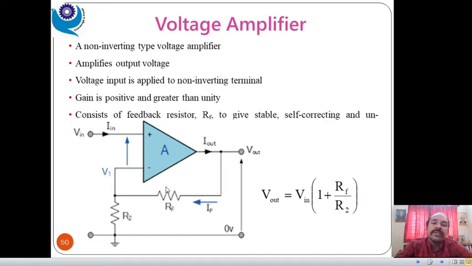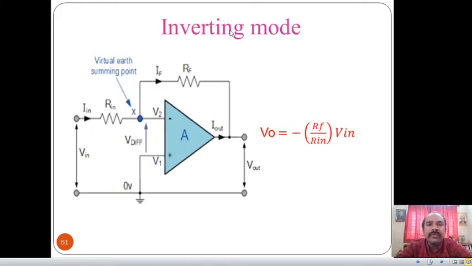In this pattern we can amplify the signal, and the op-amp can also be used in inverting mode. In non-inverting mode, whatever input signal we give, the output amplified signal and the input are both in phase. That's what is called non-inverting. And in inverting mode, whatever input signal we give, we get an inverted output voltage, meaning 180 degrees out of phase.